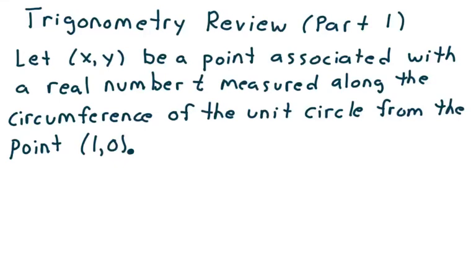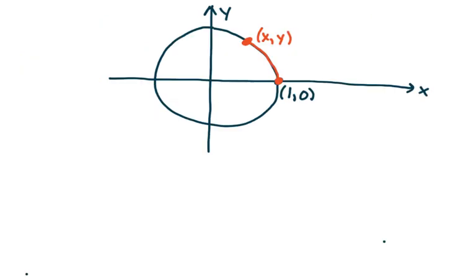This is a trigonometry review, part 1. Let (x, y) be a point associated with a real number t, measured along the circumference of the unit circle. A unit circle is a circle with radius 1 from the point (1, 0). So we're given a circle. Notice here we have the point (1, 0), and we're following (1, 0) up until we get to the